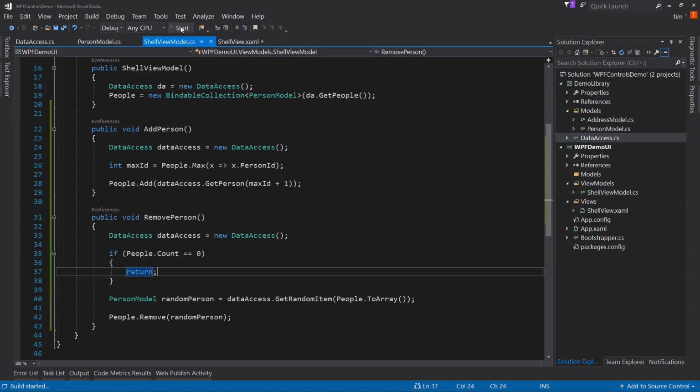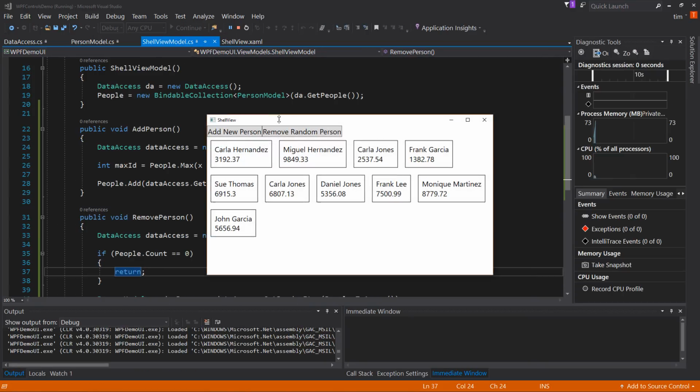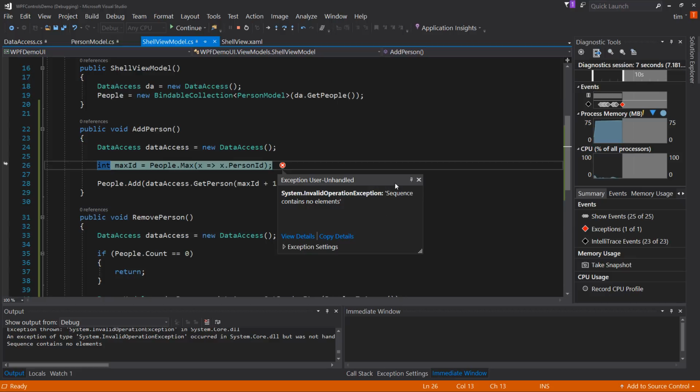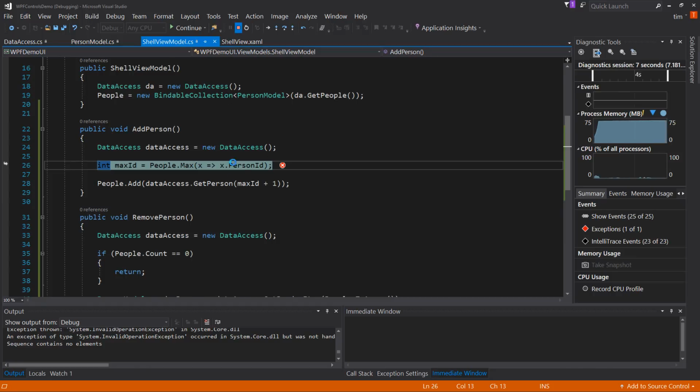Okay? So that way it's not going to do anything if we remove everybody and there's nobody left. So notice, you hear my clicking, nothing's happening. But if we add a person, the sequence creates or contains no elements, we've got another problem. So in that case,